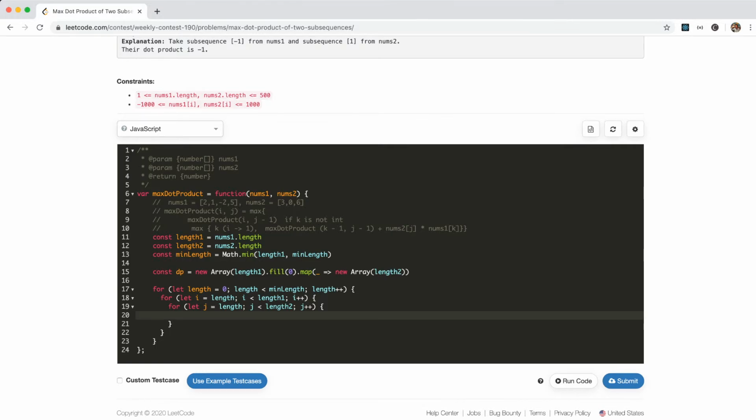So if j equals length, okay? This is hard. So the maximum ij